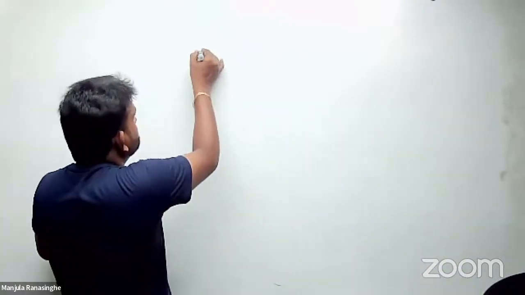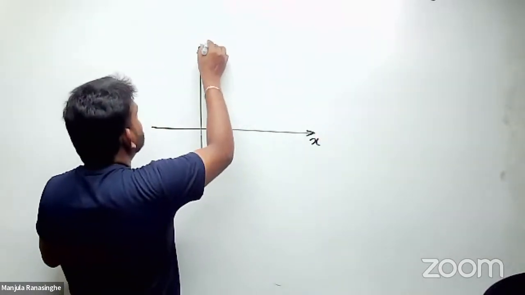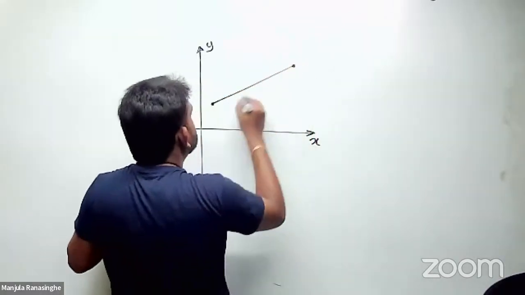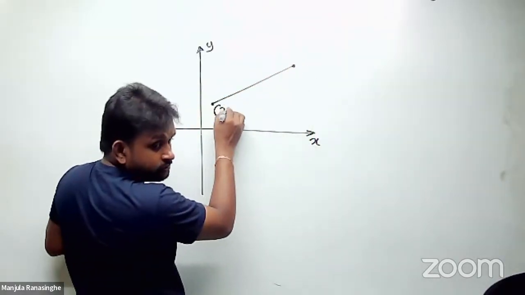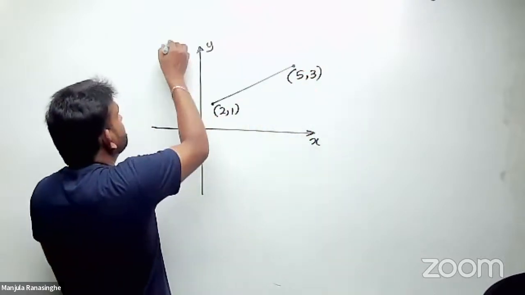Right, this is the question for you. 2 questions. Right, xy. Just sketch it out. And here the graph part is given now. Here 2, 1. And here 5, 3. Find the gradient. First one,